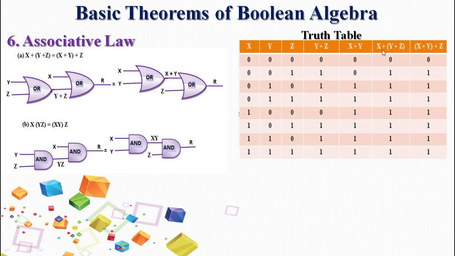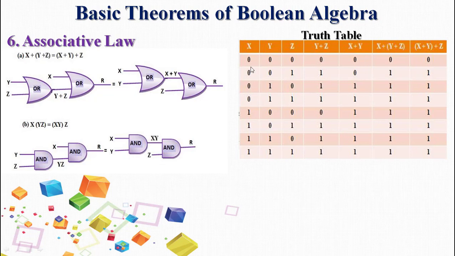added with z. The x plus yz, that is this expression, is added with the z. Let us see one by one how, with this and this, all the combinations will get the output. So it is these two expressions added. 0 plus 0 is 0, 0 plus 1 is 1, 1 plus 0 is 1, 1 plus 1 is 1, 0 plus 0 is 0, 0 plus 1 is 1, 1 plus 0 is 1, 1 plus 1 is also 1. So this is the output.